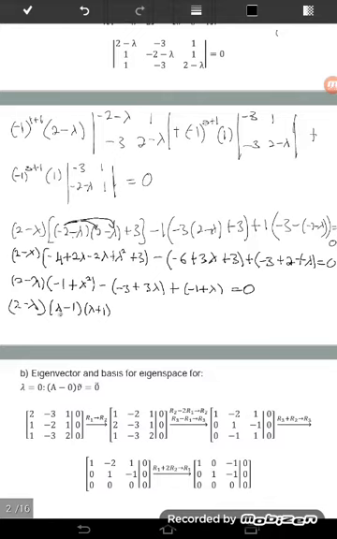Kadang ada kalanya tak perlu expand, tapi kat sini saya boleh nampak ada lambda tolak 1, sini pun ada lambda tolak 1, nanti boleh factorize. Boleh ke tak? Tak perlu expand, sebab nanti kalau expand pun jadi kuasa 3, dia akan jadi panjang. So lambda minus 1 and lambda plus 1. For this one, I take out number 3, so minus 3 negative 1 plus lambda, negative 1 plus lambda, which is equal to.